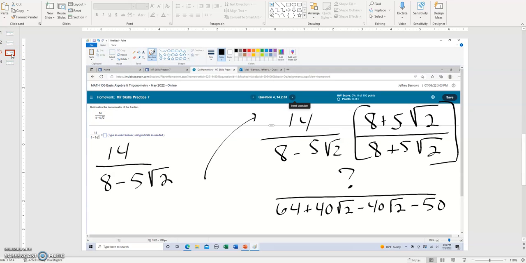Third type I have here, this is where you're going to get into this business of rationalizing denominators. The bottom line here is that when we have rational expressions involving radicals, we typically do not want any radical expressions in the denominator. So we're going to go through this process of what we call rationalizing the denominator. So if I start with 14 over 8 minus 5 times the square root of 2,